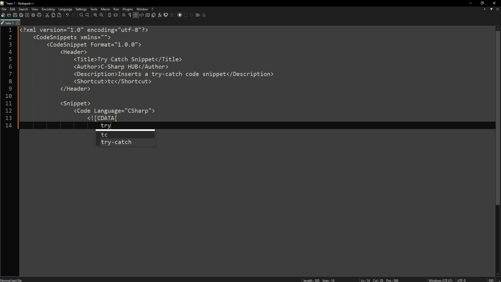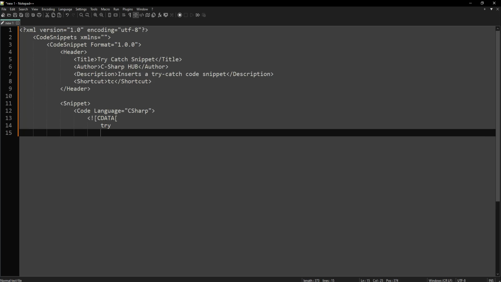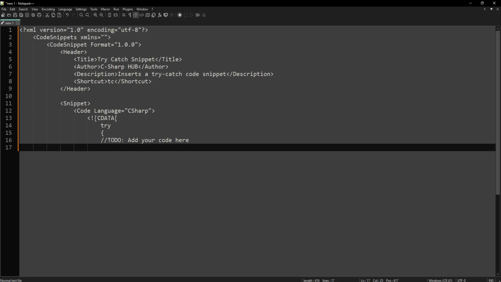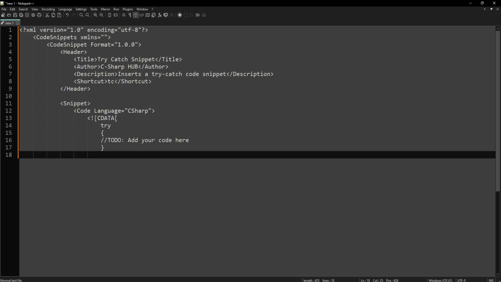So exclamation point, bracket, CDATA, bracket, and this that I type now, the try and the curly bracket and the to do, all that goes here will be written on your screen when you hit TC and double tap the tab key. So here I added to do, so that's where you want to put your code that you want to be within the try catch, and then just you catch the exception as always,